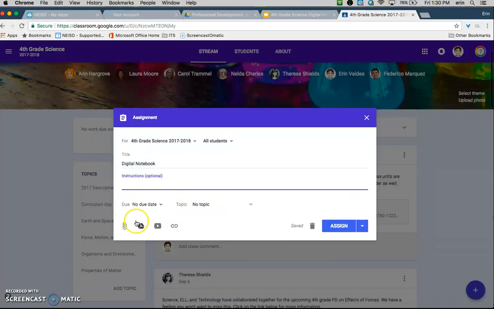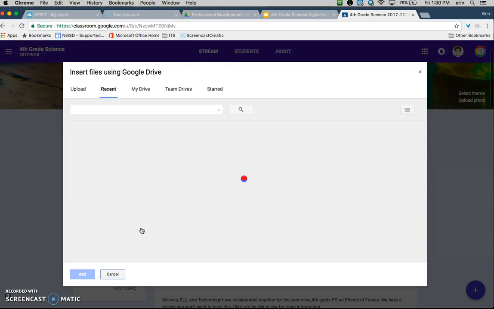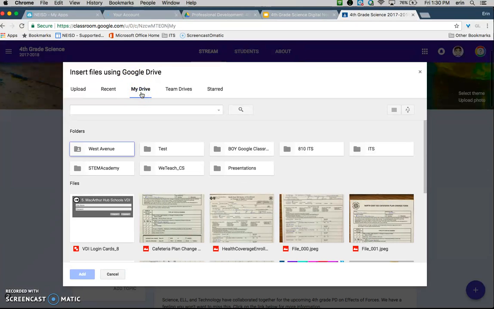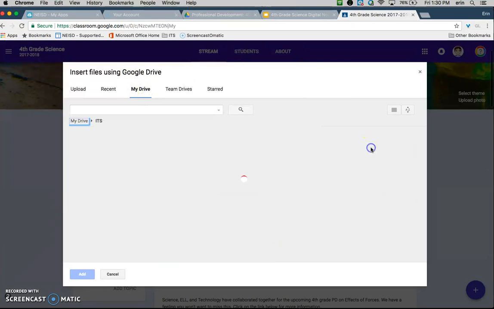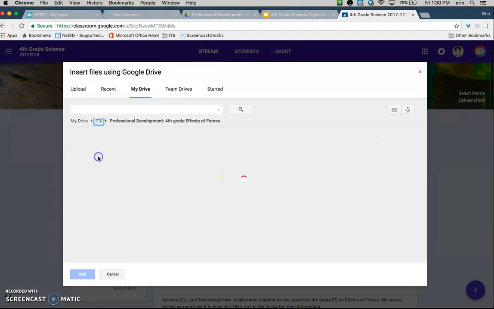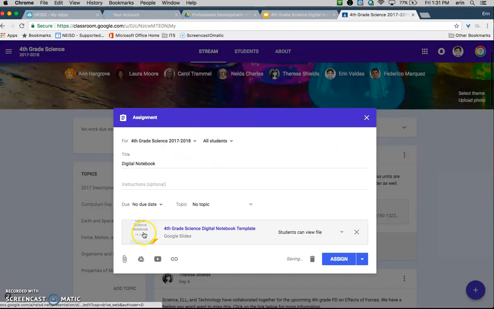I'm going to attach an item from my Google Drive, so I'm going to select the Drive icon. And once it loads, I'm able to see my most recent items that I've worked on. I can also go to my Drive and find the items that I want to upload by navigating to their location in the folder. I can find my digital science notebook here, select it, click Add,